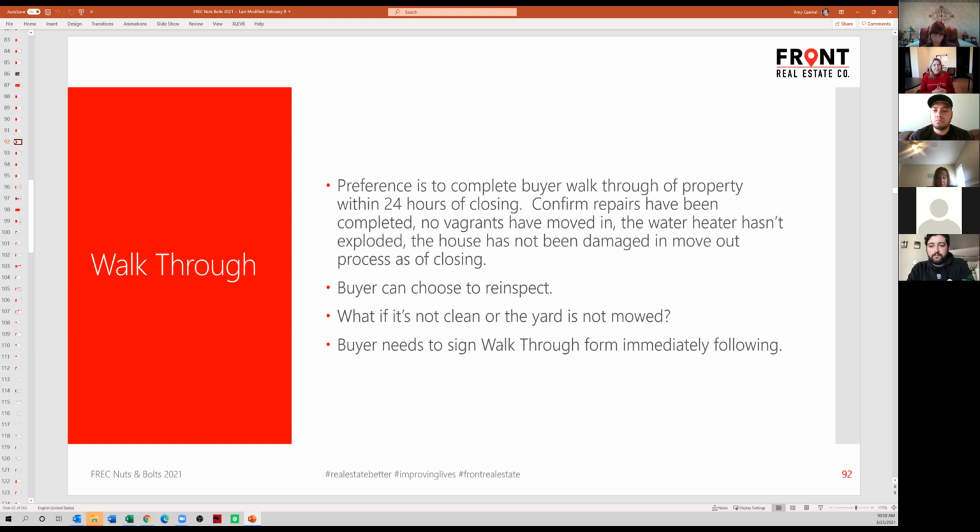This isn't like a time that I'm encouraging them to terminate or anything. That's not what I'm hoping that they do. But I just want to make sure that they see their asset that they are about to buy, and that they haven't forgotten or looked through with rose-colored glasses too much before they're going through that final walkthrough. So I normally like to do walkthrough right on the way to closing. It does burn me sometimes, but I will, if we're scheduling closing at 10, I'll schedule walkthrough at 9:15, and